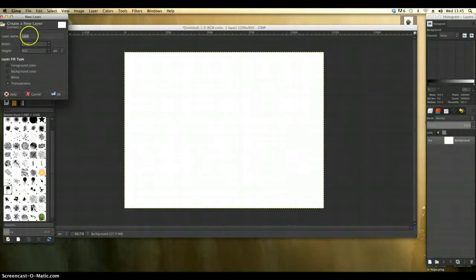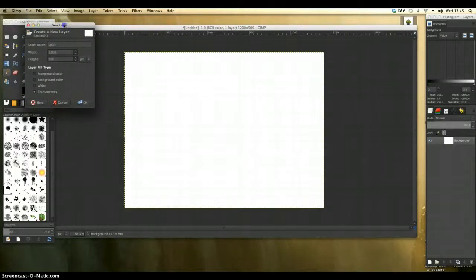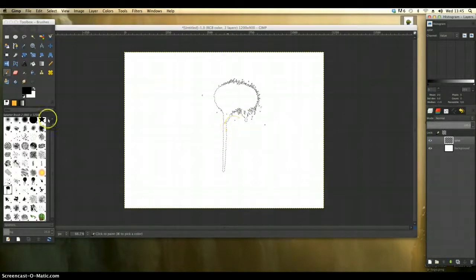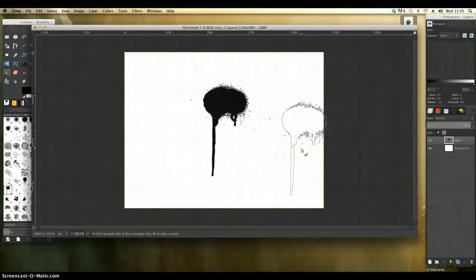I'm going to create a new layer which I'm going to call Splat. Good practice is to give your layers a name every time. You can get into a sort of lazy habit of just giving it no layer name, but it does help to give it a name. So I'm just going to call it Splat, and then all I'm going to do is make sure that obviously it's not the same colour as the background, so it's black, and I'm just going to go like so. Now there's my brush